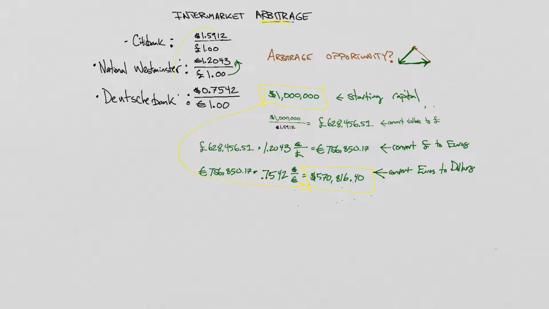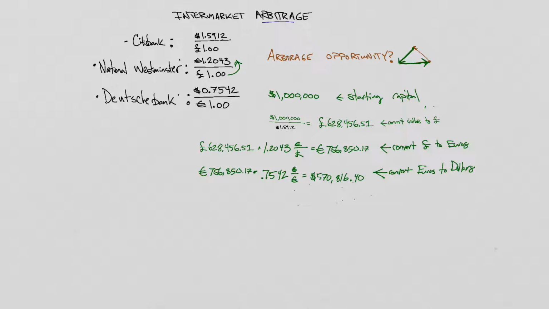Anytime there's a price differential among these three banks, there's an opportunity for profit. It's just that I took it the wrong way. So, in other words, I closed the loop here. I went from dollars all the way back around to dollars, but maybe I didn't take the right path to get there. And so to illustrate that, let's just take one more path. Let's reverse time here.